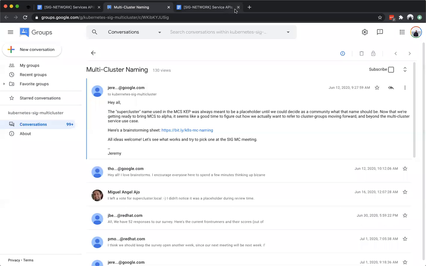I don't know that we have to, but it seems like there's at least enough hesitancy that maybe we can throw it out there and see if we get any interesting names. If we don't, then we stick with Gateway and we're done. But if we do, we vote on that, and maybe we still stick with Gateway.